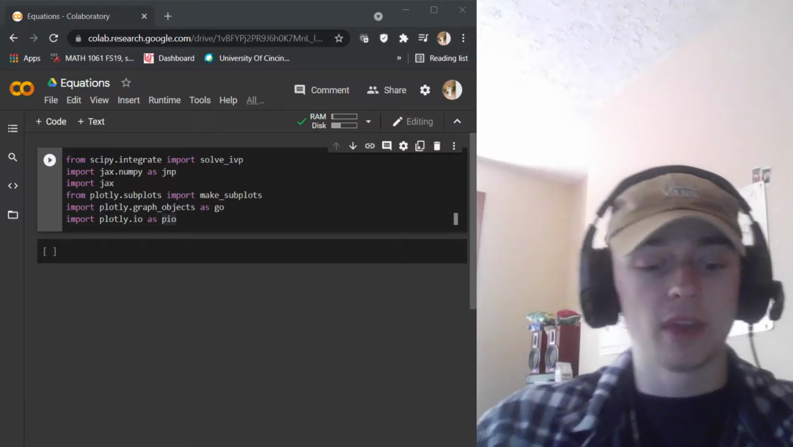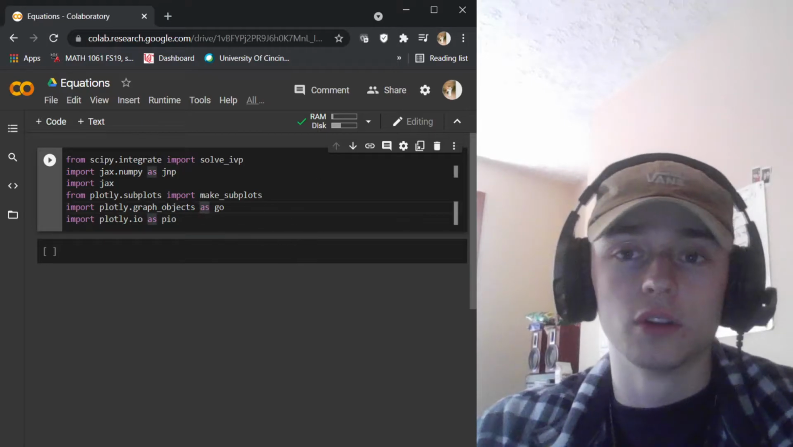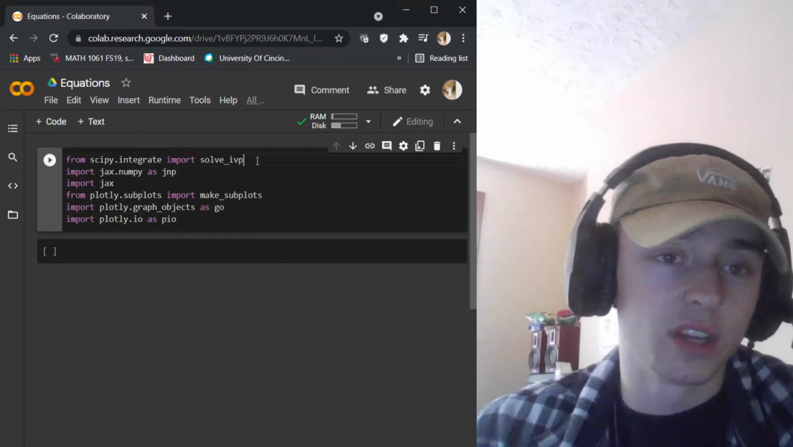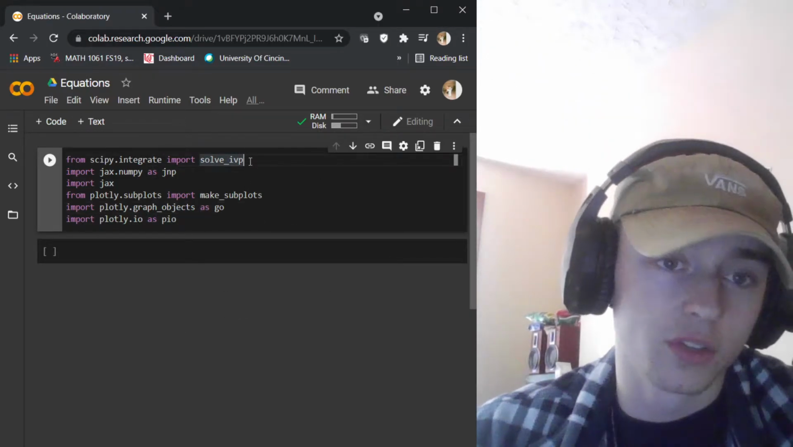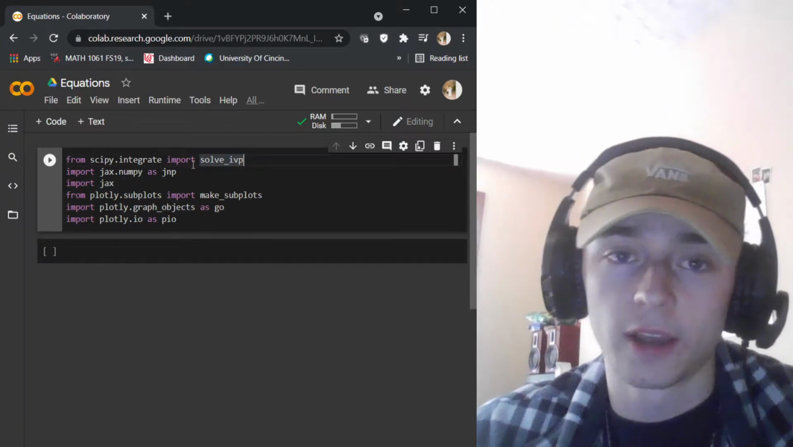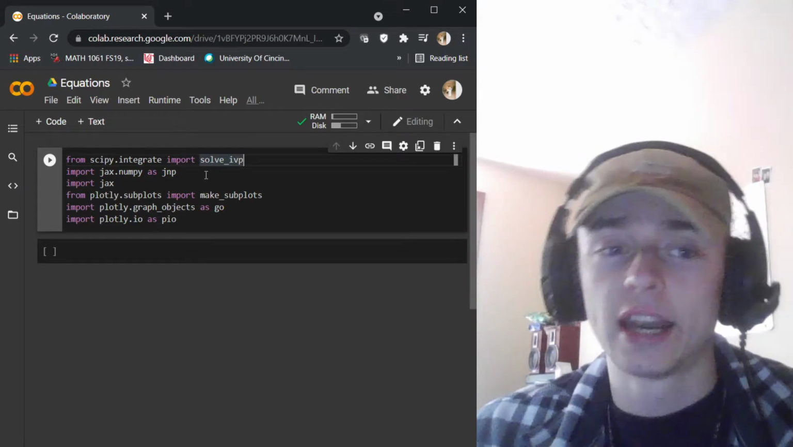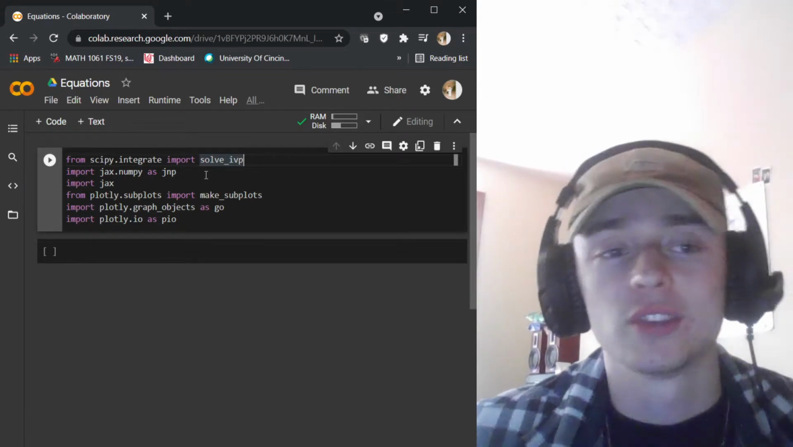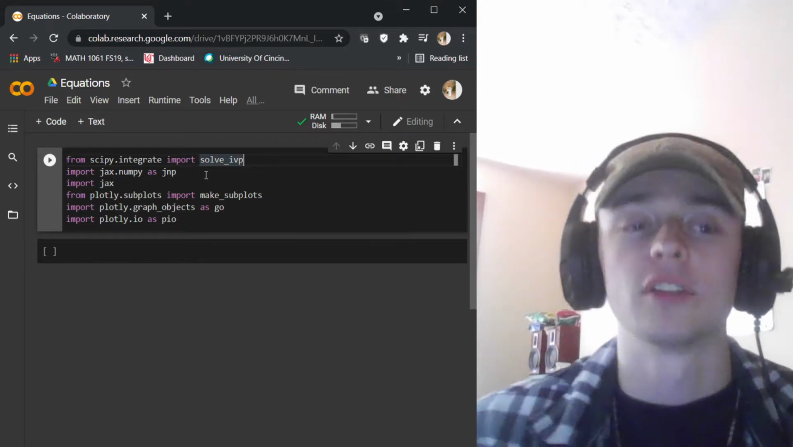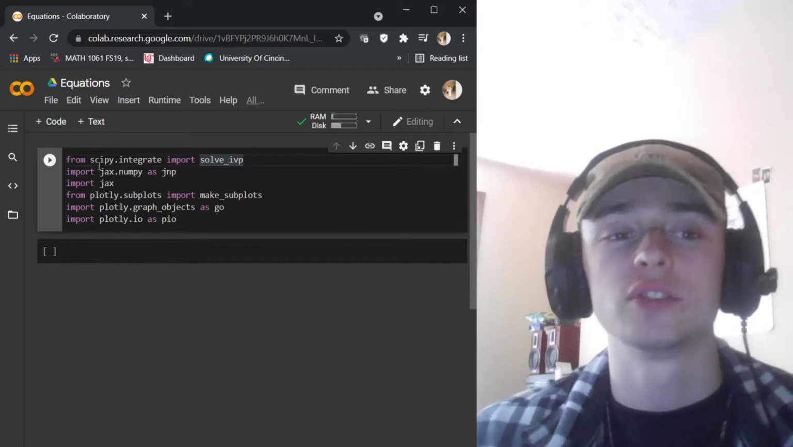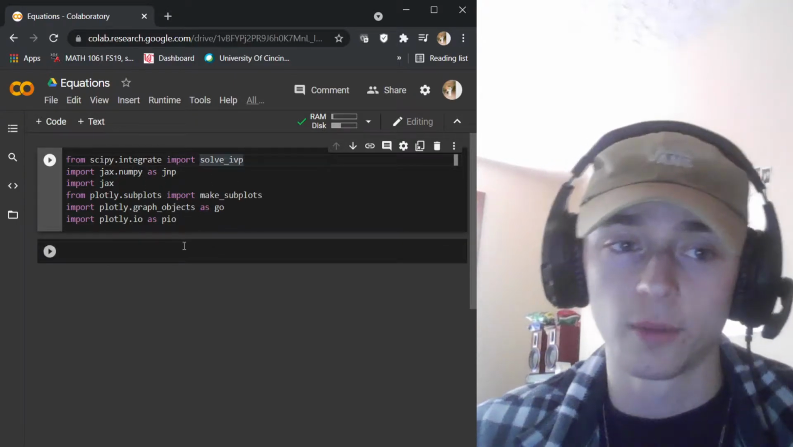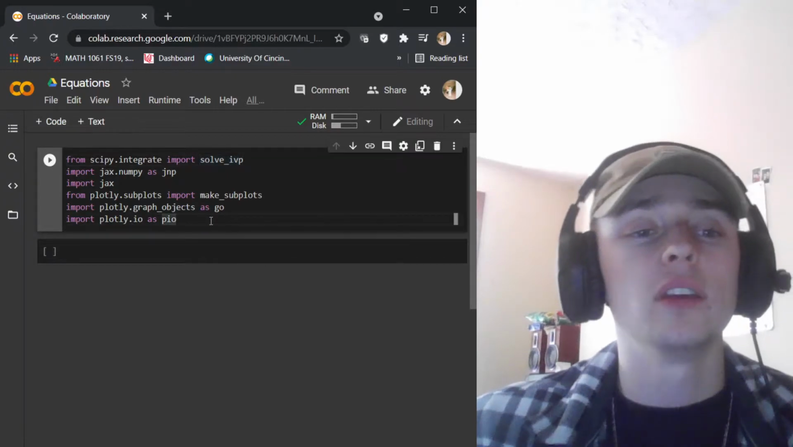And so what we did is I just imported solve_ivp from SciPy integrate, and then I accessed JAX numpy and imported that as jnp, so I didn't have to type JAX numpy every single time. And then we imported JAX, so we have the ability to do JAX numpy. And then we did import